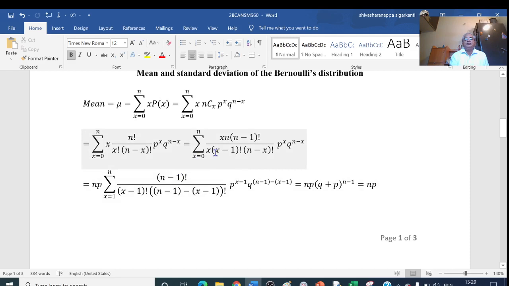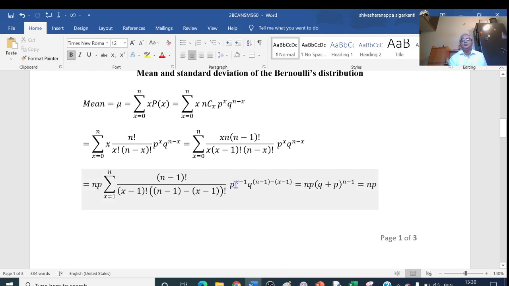In the denominator we have x minus 1 factorial into n minus x factorial. I will write this x minus 1 factorial as it is. N minus x can be written as n minus 1 minus x minus 1, because minus into minus plus 1 gets plus 1, plus 1 minus 1 gets cancelled, n minus x remains here. So instead of writing n minus x, I am writing this as n minus 1 minus x minus 1 factorial into p to the power of,